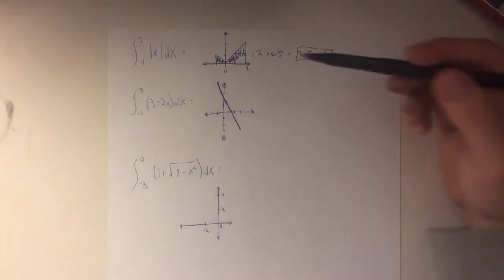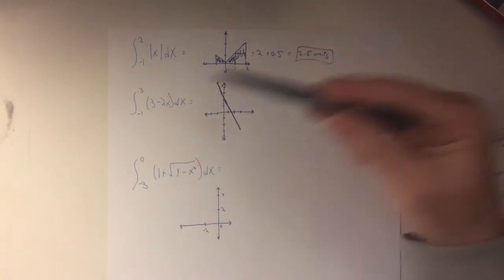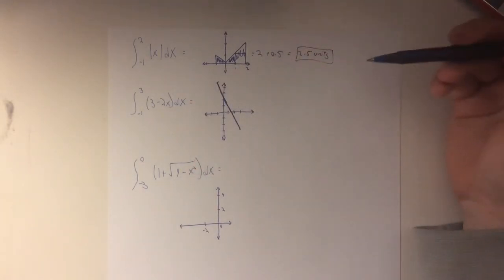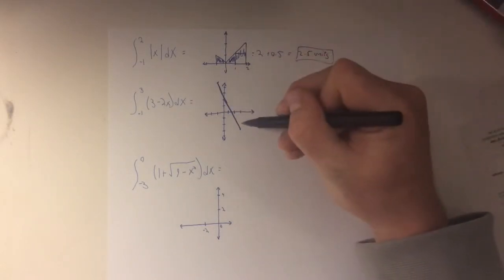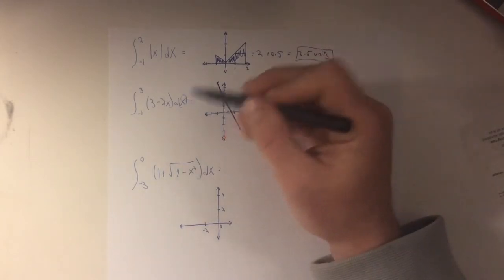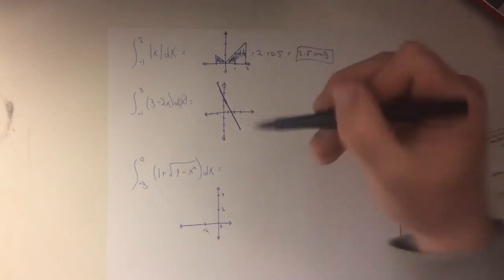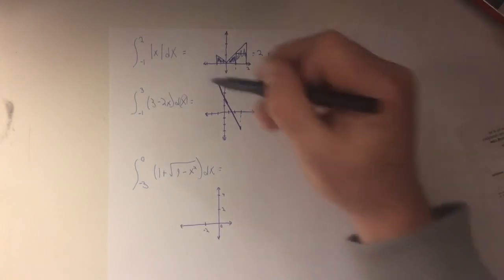So this one is asking us to find the area between -1 and 3 of the line 3 minus 2x. And again, it's always going to be the area bounded by the x-axis, because it states that it's dx. If it's dy, it would be bounded by the y-axis. So we're just finding this area,